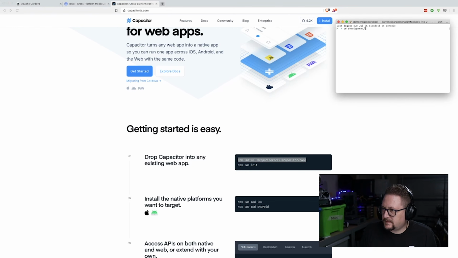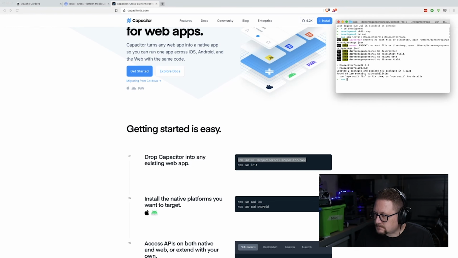So cd development, and then I'll make a directory. Let's call it cap for now. cd cap, and we are now going to install Capacitor because I don't have it installed. Okay, and then we're going to do npx cap init,